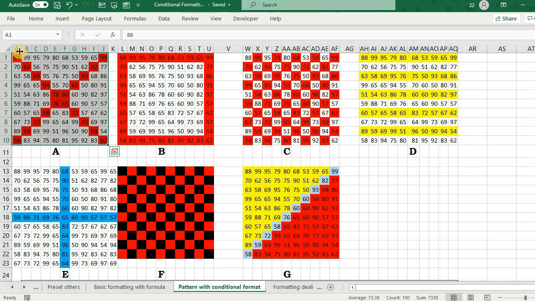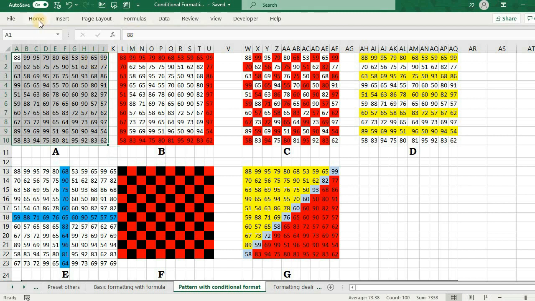So my rule will be: the row number of this data is 1 while the column number is 1. So if the row number and the column number are the same, then it has to format the cell. So this diagonal is covered. But when we come to this diagonal, the row number here is 1 while the column number is 10. So 1 plus 10, 11. Again, the row number here is 9 and the column number is 2. 9 plus 2, 11. So there are two conditions. If row number is equal to column number, then I need to highlight. And if row number plus column number sums up to 11, then also we need to highlight.